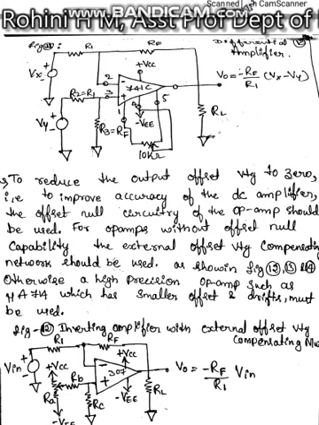For op-amps without offset null capability, the external offset voltage compensatory network must be used. That is shown in the diagrams, figures 12, 13 and 14. So this is the circuit where the external offset circuitry is used. This is an example of an inverting amplifier with an external offset voltage compensating network. Here you can see the external offset voltage compensating network.